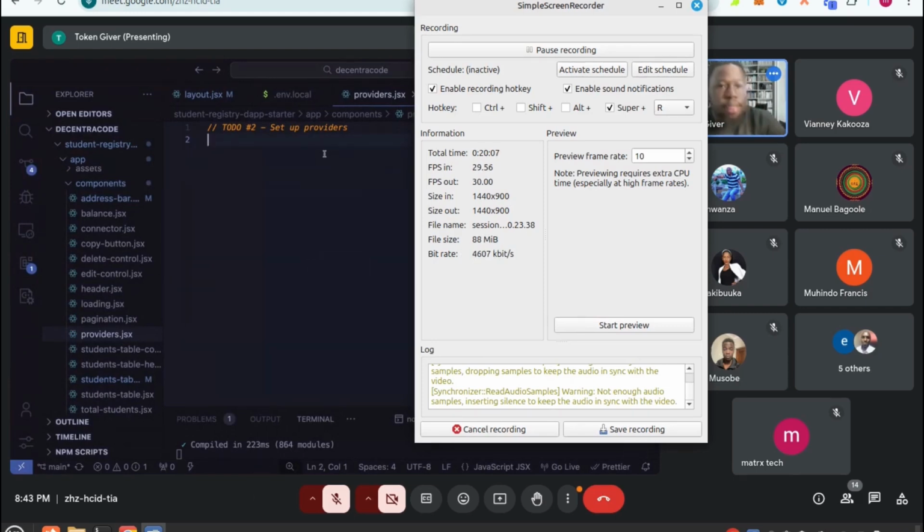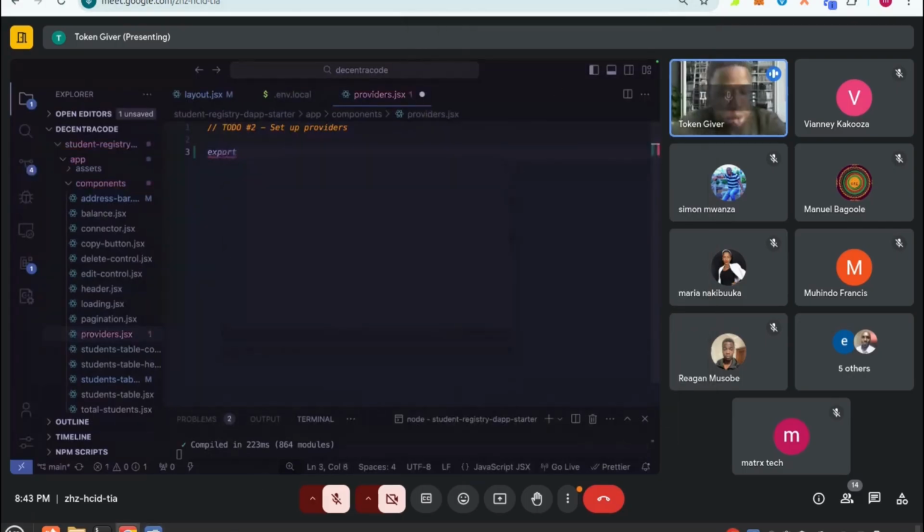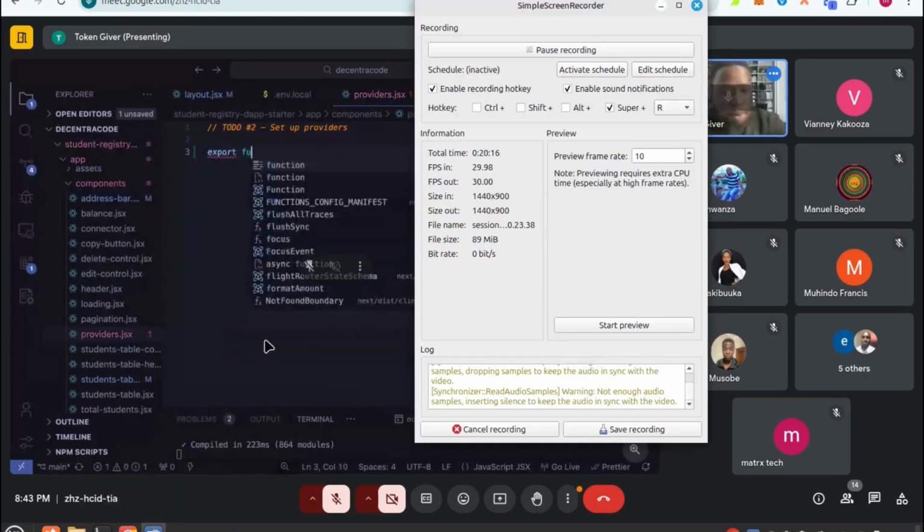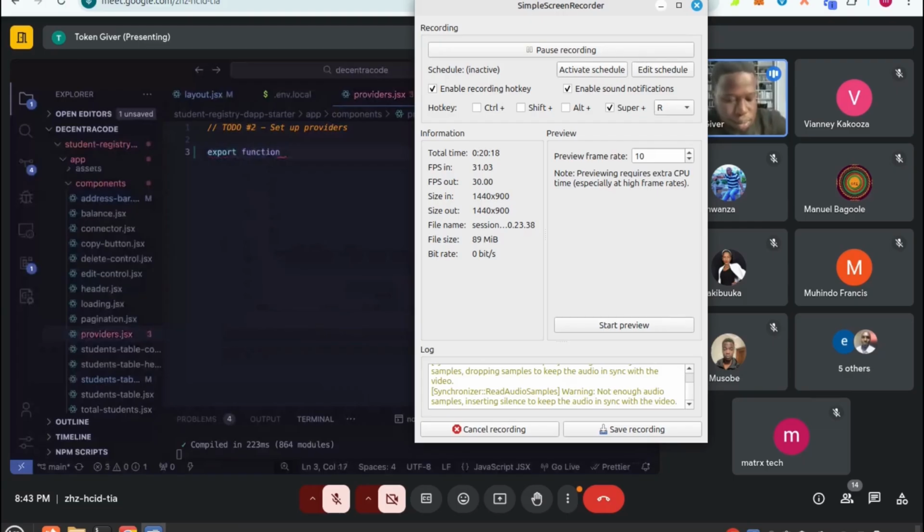It's still a component, a JavaScript component. The way you do it is you write export function providers, then we pass in the children prop,